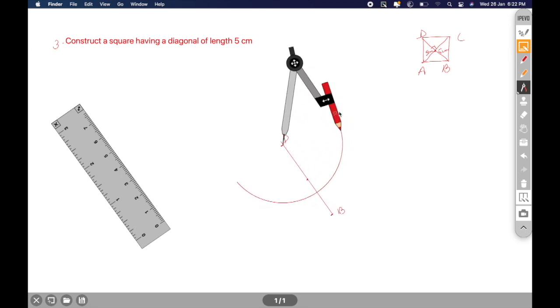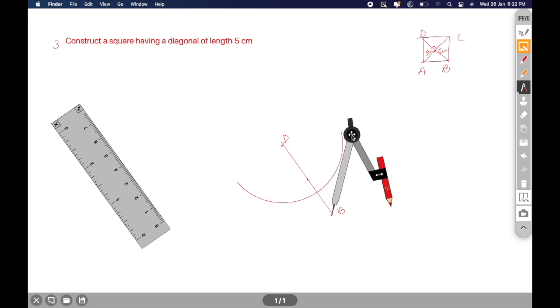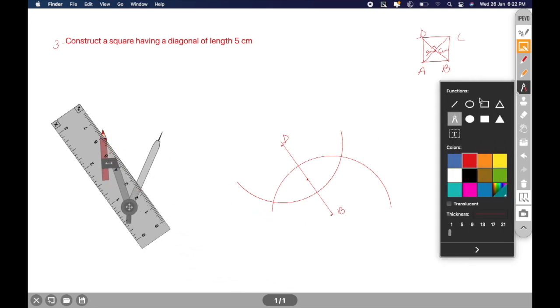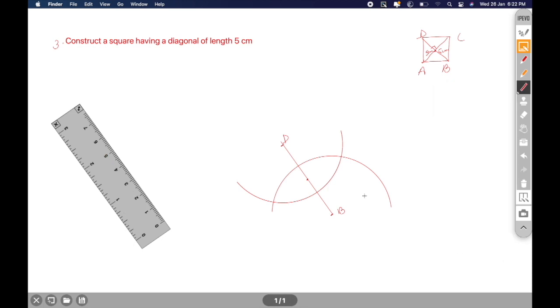So this is more or less like a semicircle with the same measurement, and with B as center, we have to draw another arc so that the previous arc is intersected at 2 points. Using a ruler, if we join these 2 points of intersection, we see that it passes through the midpoint of